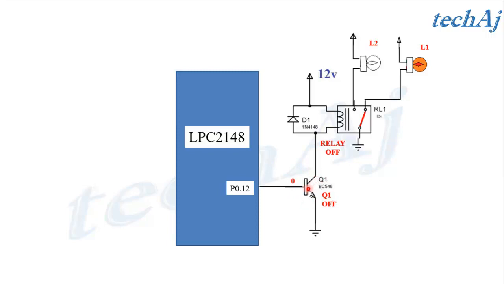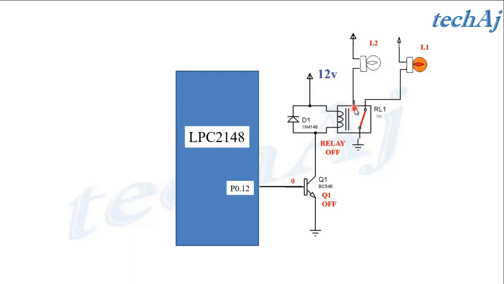Whenever the transistor is off, the relay is not connected to the ground and current will not flow through the inductor coil. And whenever the transistor is on, the relay is connected to the ground and current will flow through the inductor coil, which will make the relay on, and accordingly switch the position of the swing arm from NC contact to